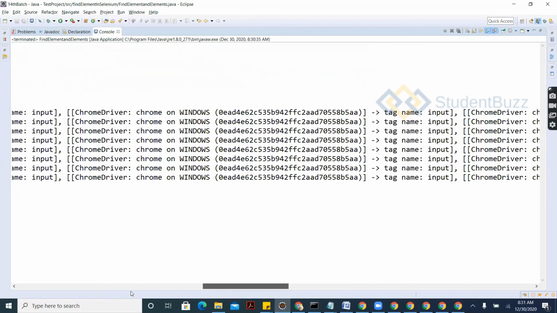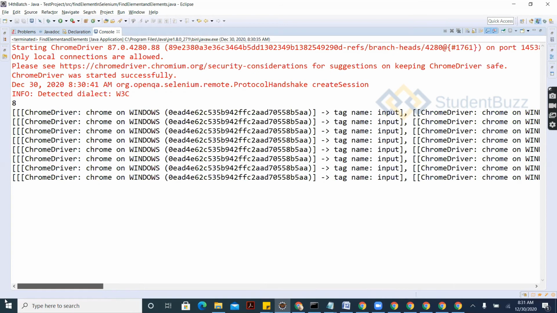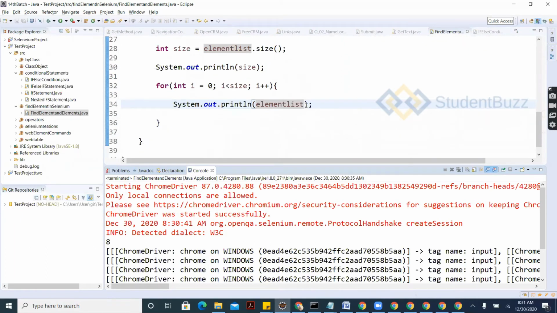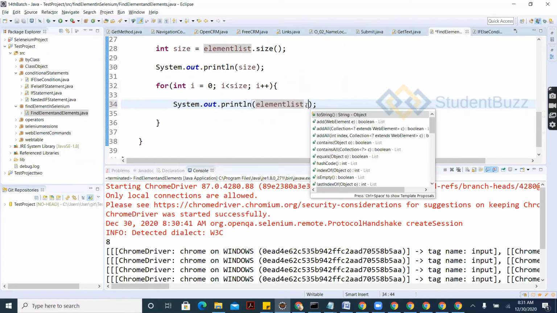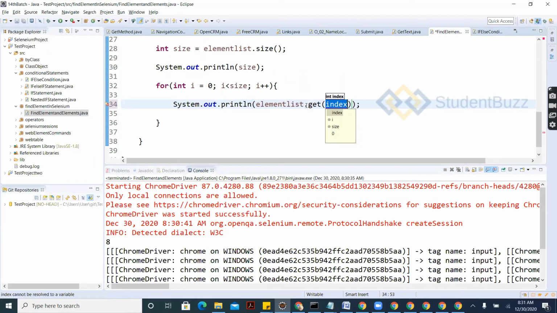So you are not understanding what exactly it is. Okay, I want some attribute values. Let's try, I'm also trying it. To get by index, like I want the first element's attribute, second element's attribute, third element's attribute, right?